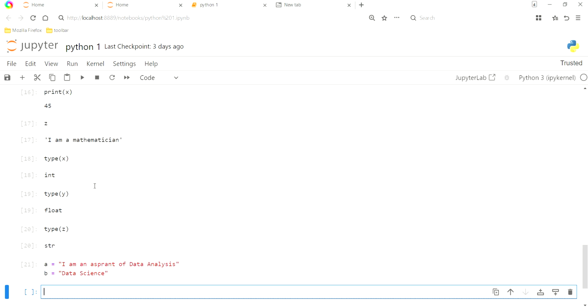So let's run this. Now I want to join this together, that I am an aspirant of data analysis and data